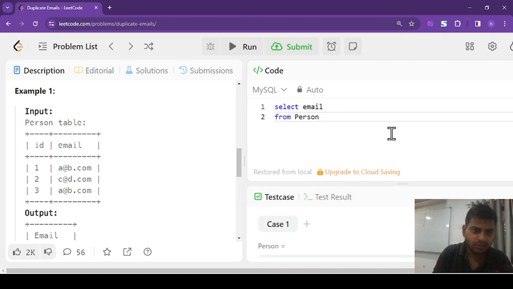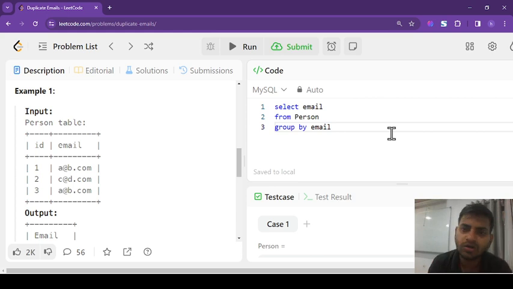First we have to apply group by on email, and then only will we get the same emails together. So we will write group by email. Once you apply group by in a select statement, after that you can't use the where clause. So for that we have to use the having clause here.